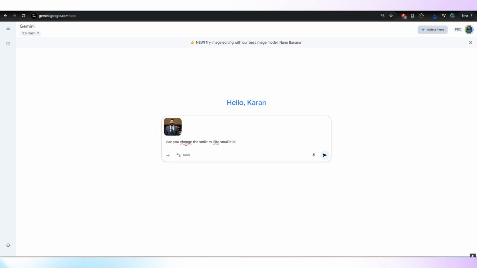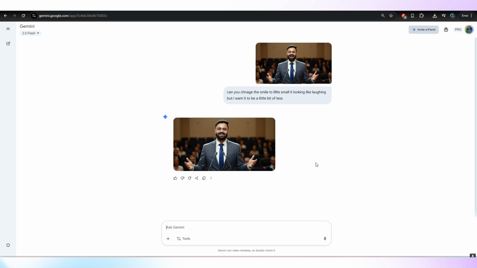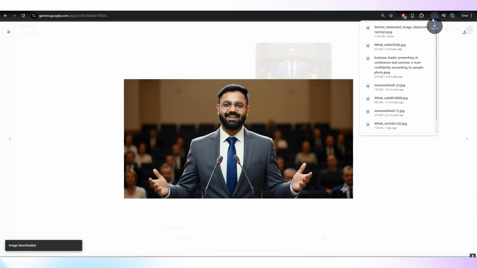It's looking like laughing, but I want it to be a little less. Let's run it. I don't know if I am using a correct prompt here. I'm just using Nano Banana because it actually understands our layman language. That's what it's got, right? Yes, it's good. And let's download this and see the magic happen.